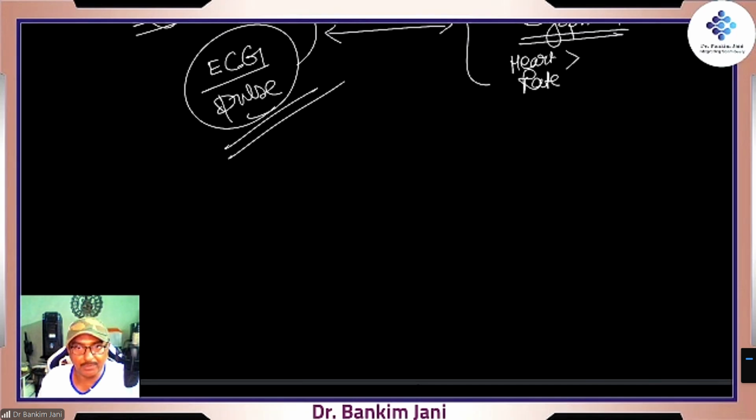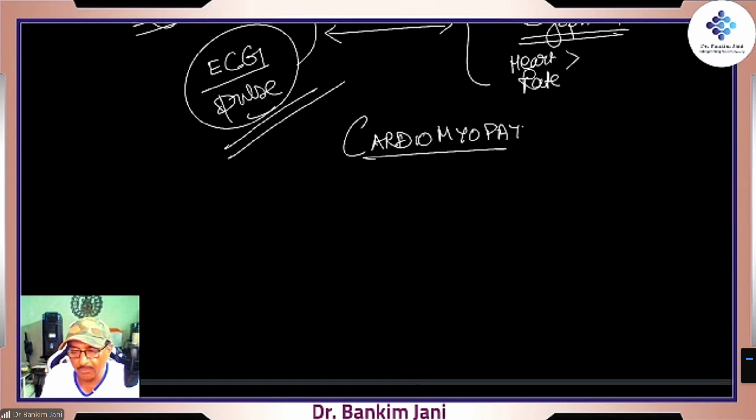Now, what we are about to discuss next: whenever we talk about cardiopathy or the cardiomyopathy, here we are dealing with chronic disease of the muscles of the heart. So here myo means muscle, pathy means disease, and cardio means heart. The heart gets weak. The heart muscles go wrong